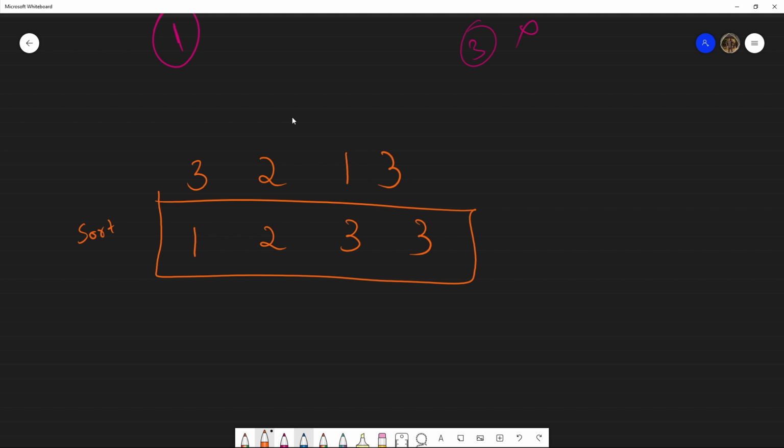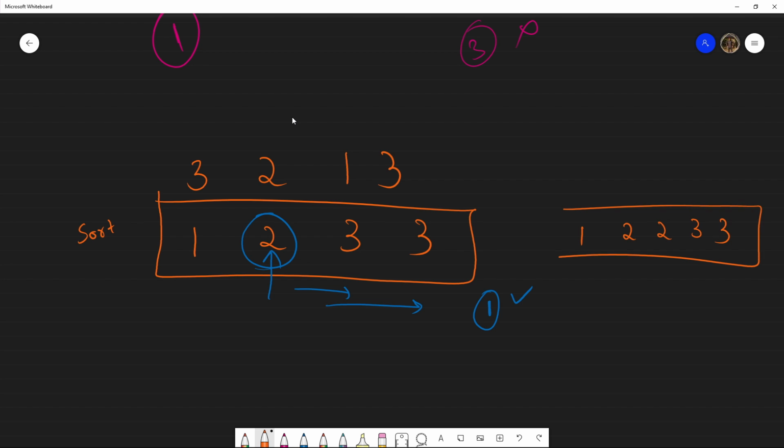Now I want you to just observe one thing. If we are standing on this element, and we check whether we have exactly this number of elements after this, then we will return true. Got it? The only scenario when it will fail is if you have another 2 in between. So if I have something like 1 2 2 3 3, in that case I have to skip this check. I don't have to count this 2, and I will directly be counting the other 3s.